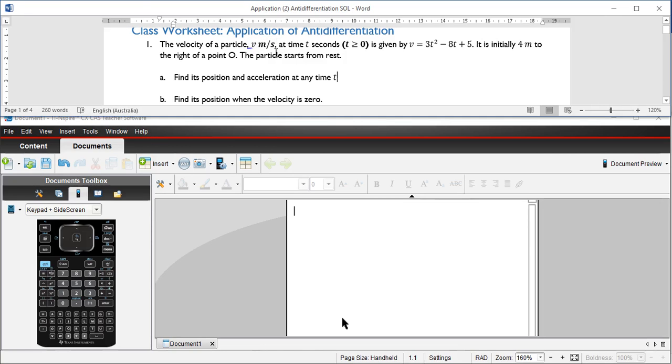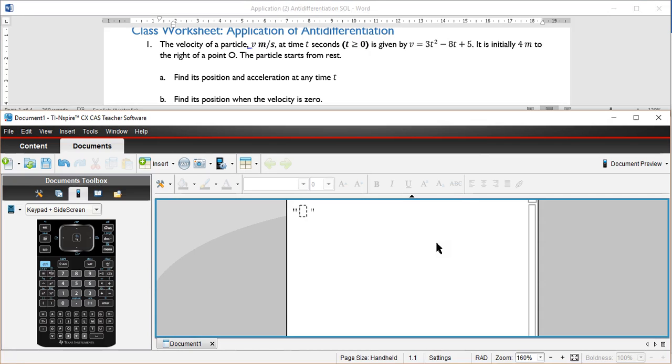In this case, meter per second, which means that if you go up to position, it will be meter, and if you go down, it will be meter per second square. This is the equation for velocity. So the first thing I'm going to do, I'm going to write it in the CAS here, is define velocity in terms of t. So I'm going to go define v